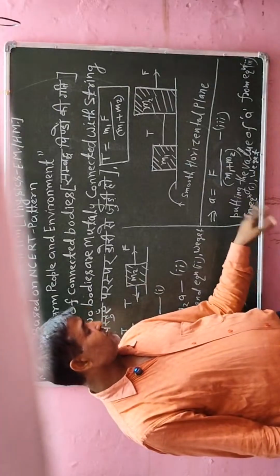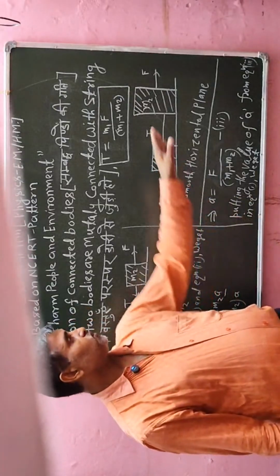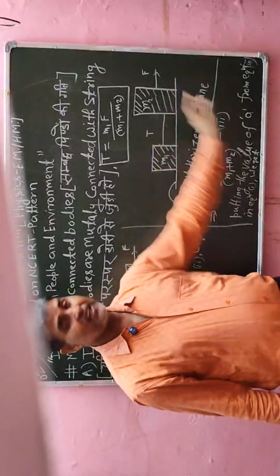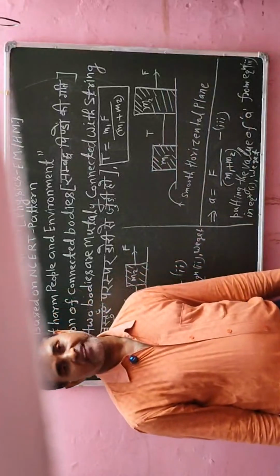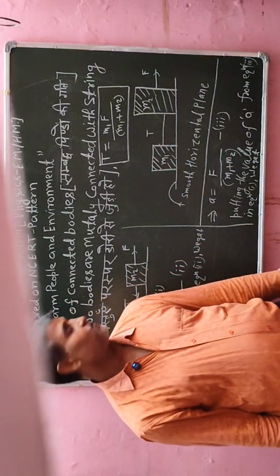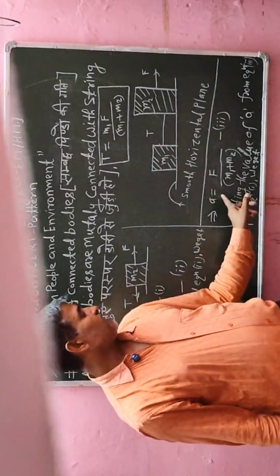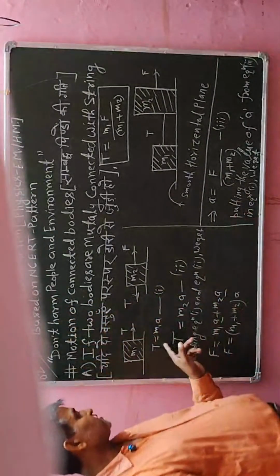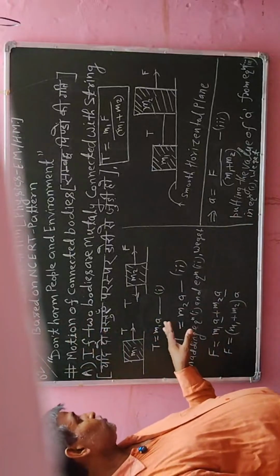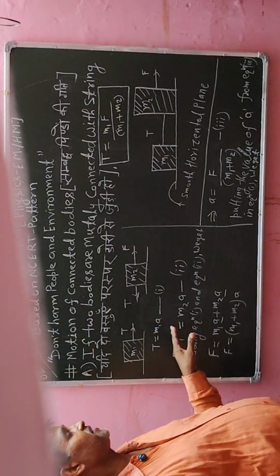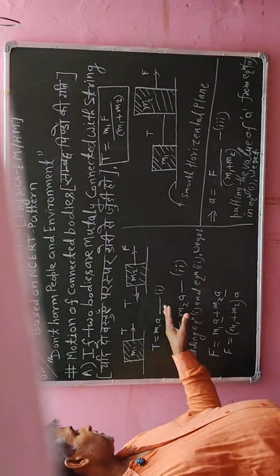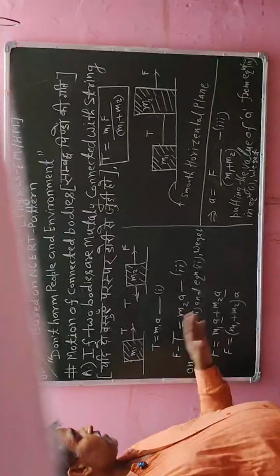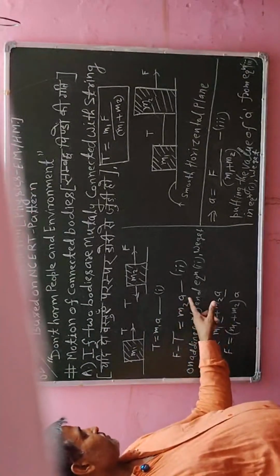ओके स्टूडेंट, आई होप दैट यू हैव टू रिमेंबर इट पॉजिटिवली। नाउ, हमने कॉमन एक्सीलरेशन की वैल्यू यहाँ पर फाइंड आउट की। उसके बाद हम देख रहे हैं कि यहाँ पर हमारे पास दो इक्वेशन हैं, दो समीकरण हैं। एक समीकरण ये है, दूसरा समीकरण ये है। अब हम a की वैल्यू अगर यहाँ पर सब्स्टिट्यूट करेंगे और सिंप्लीफाई करेंगे,